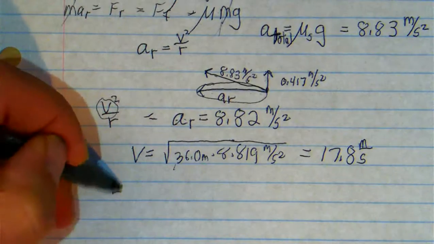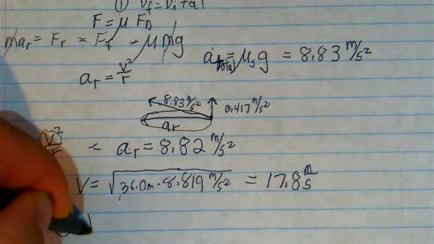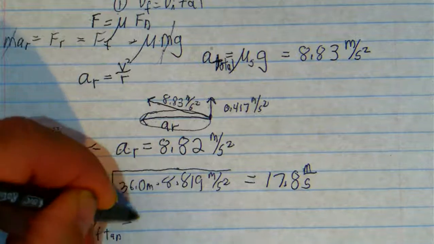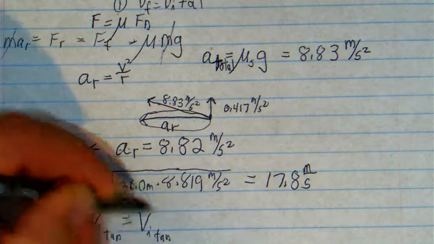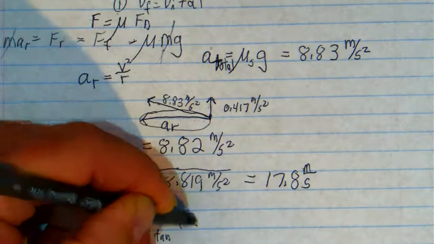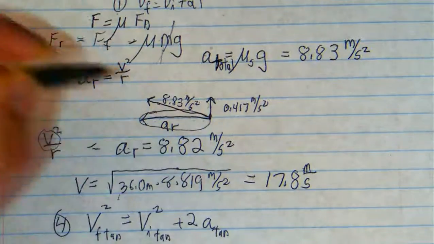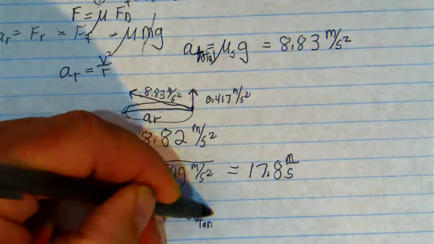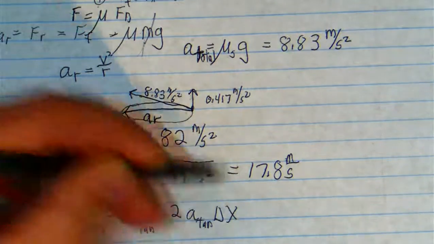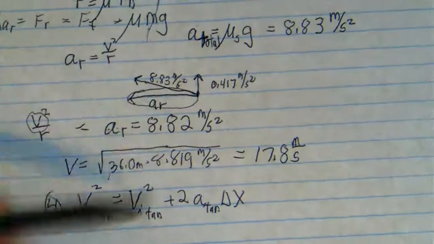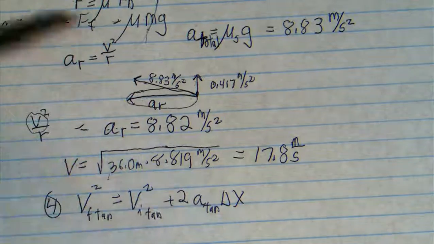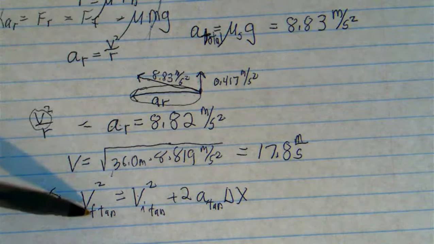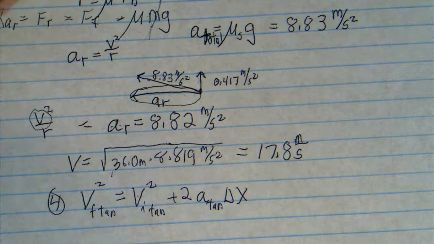And so I would use the fourth kinematic equation of motion that says the final velocity in the tangential direction, by the way, squared, is equal to the initial velocity in the tangential direction squared, plus 2 times the tangential acceleration times the distance that it travels. And by the way, displacement would be 0 every time it completes a loop, so it would have to be distance here. Now, this is the linear version. Of course, the angular version,